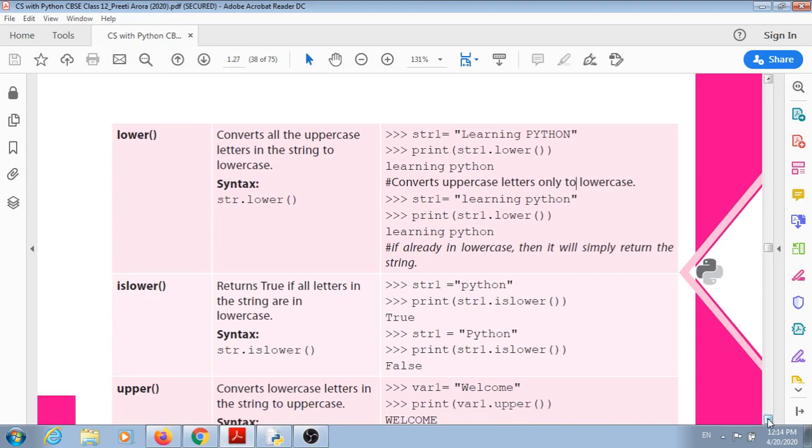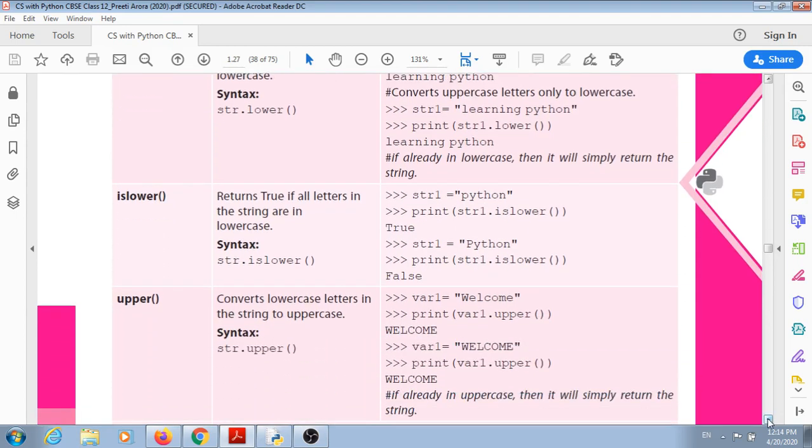Similar kind of function to check whether the string contains lowercase characters or not, the islower function is used. There is a difference between the lower function and islower function. Lower function will convert the uppercase letters into lowercase, whereas the islower function will check whether the string contains lowercase letters or not.